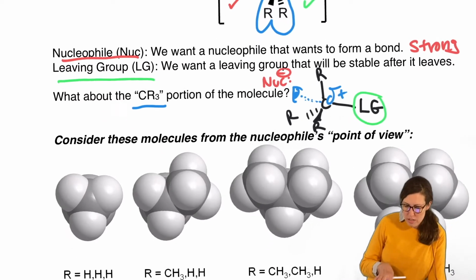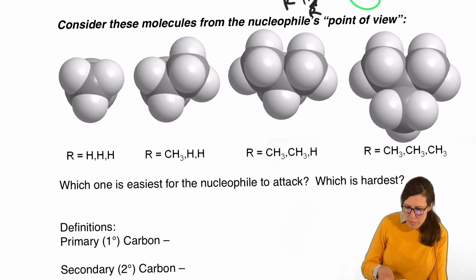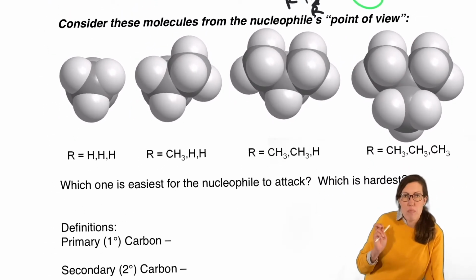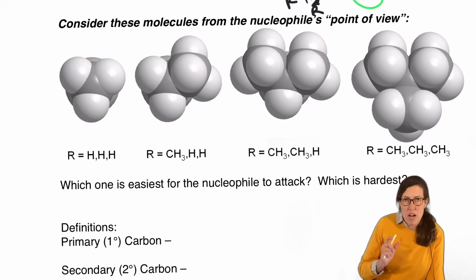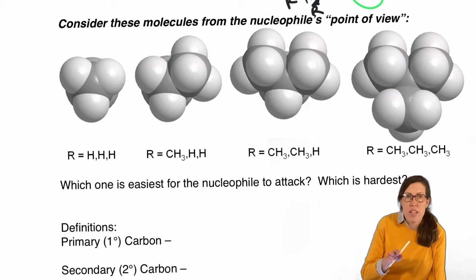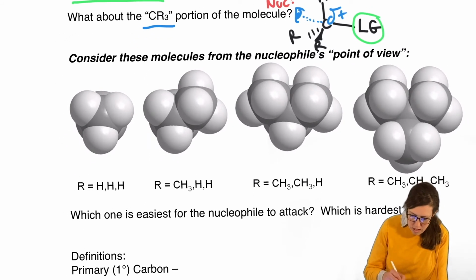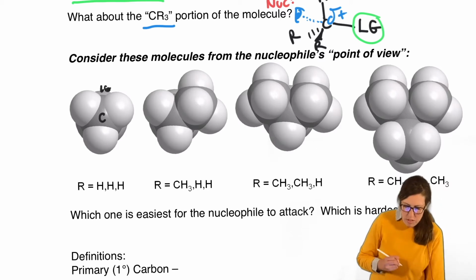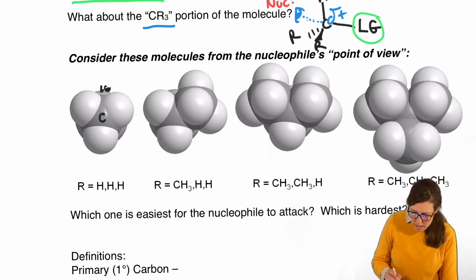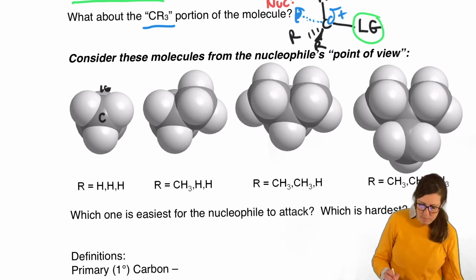So these models here, they were computer generated, were built in what's called the space filling representation, because that more accurately describes the space that something would have to fit through. So for this application, it's perfect because we're trying to see how crowded it is for that nucleophile. So knowing that we're looking from that point of view, I'm just going to fill in what these things are. This is the carbon of the substrate, and the leaving group is way back here, right? So that was the leaving group. That sphere that you kind of see right there, that's the leaving group.